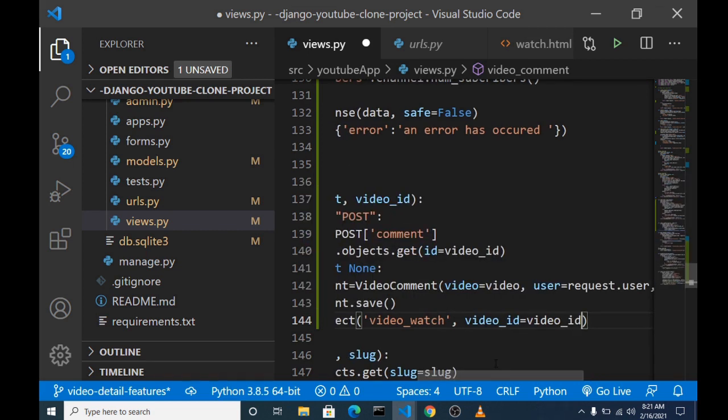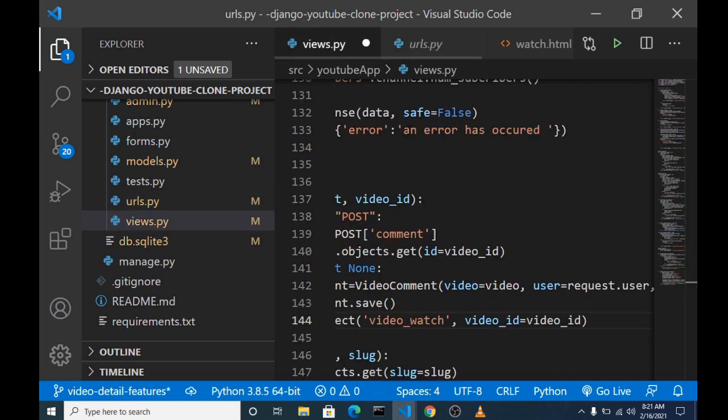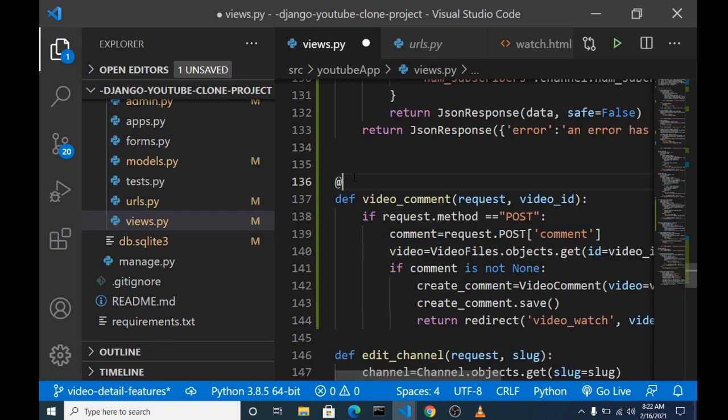So what we're actually saying here, we're redirecting to this view, to this URL. And remember, in this URL we pass in the UID, which is a video with the name video underscore ID. Alright, that's how we are getting video underscore id equals to the video underscore id that is coming from.